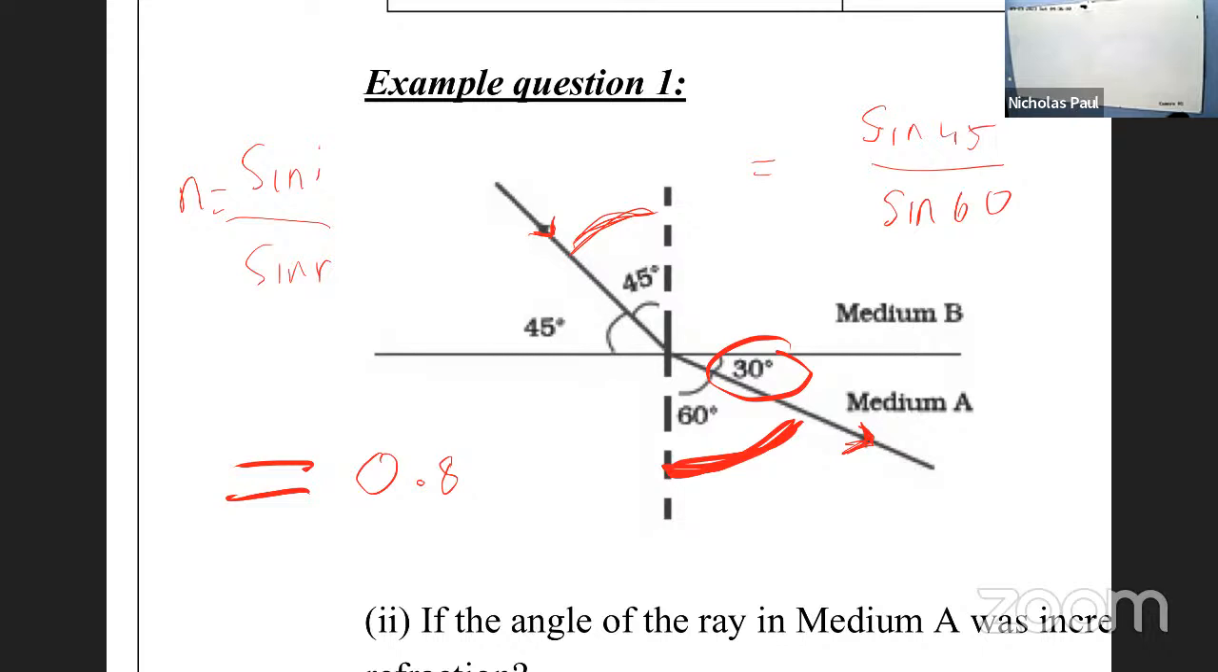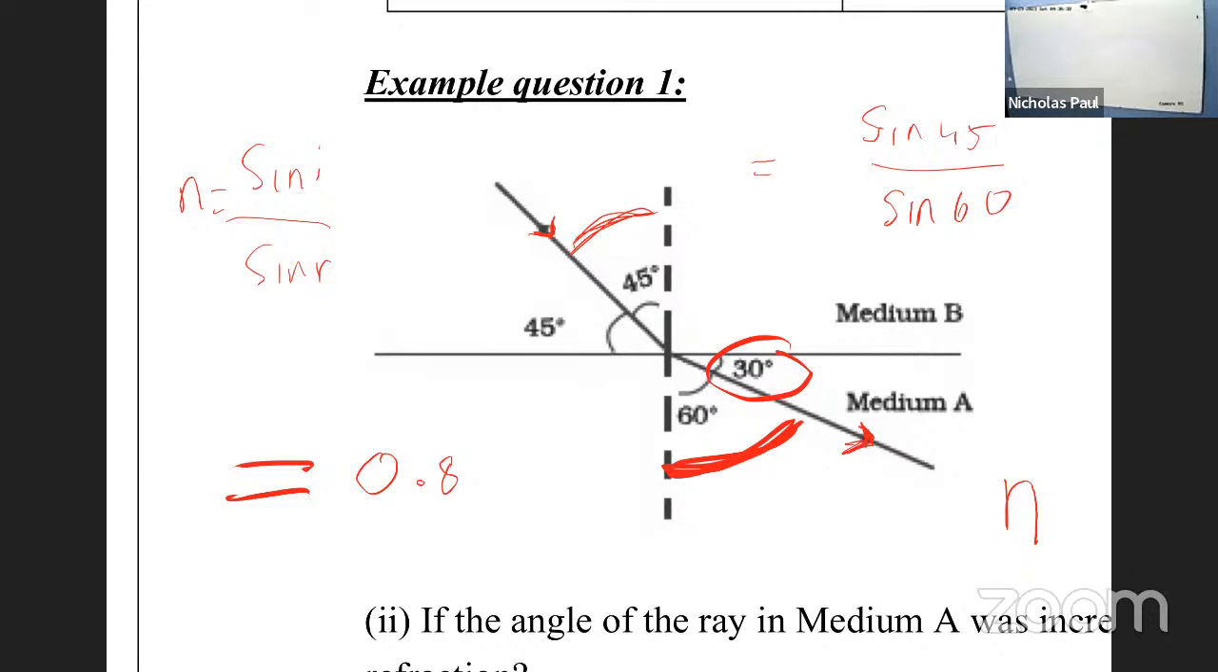So, what does that 0.8 tell us? That's the refractive index of what? Look at the arrow, go from B to A. What does that 0.8 tell us? It's the refractive index of what? Of